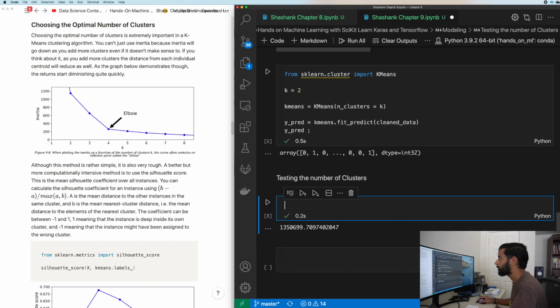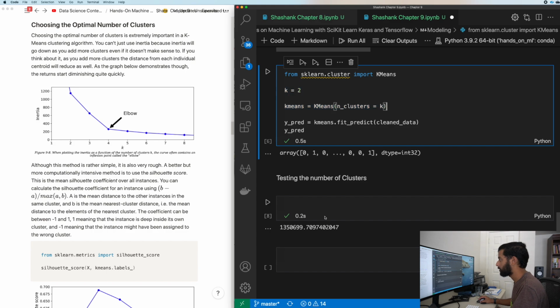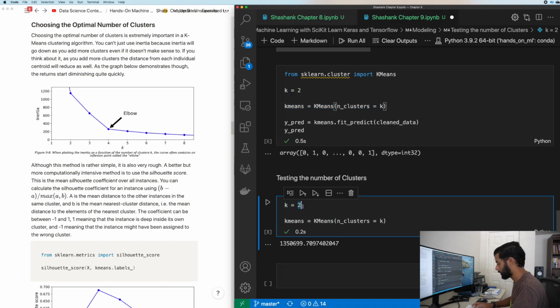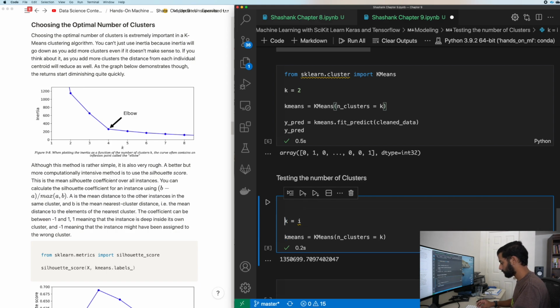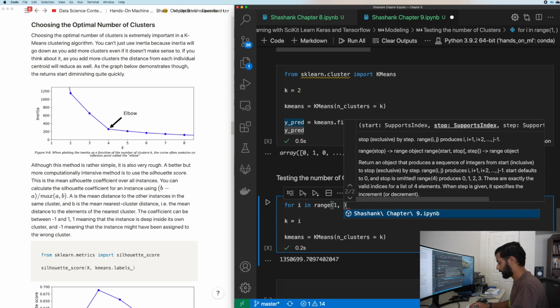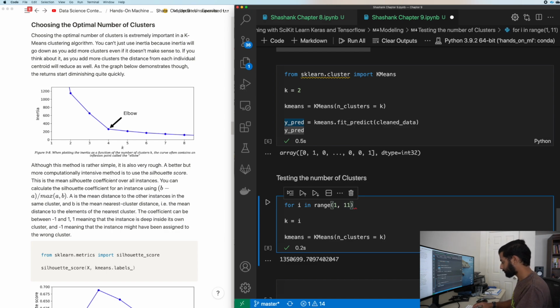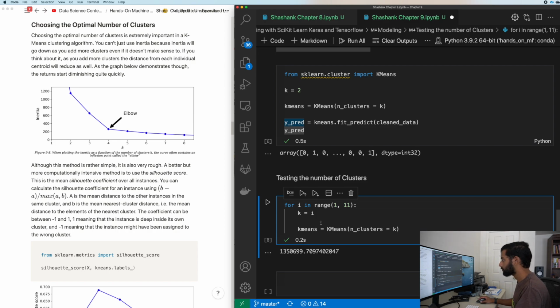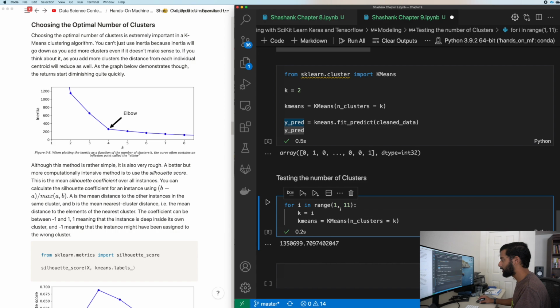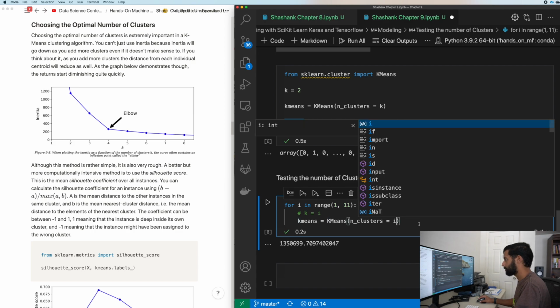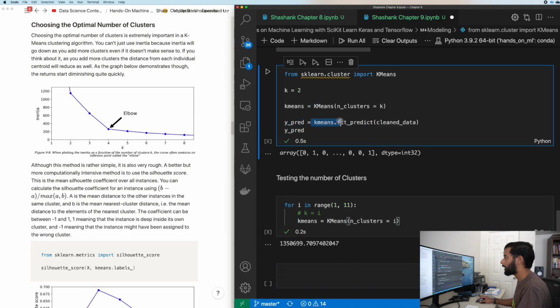Okay, so I think I can just copy this section over here. We'll say k equals i. So for i in range, let's go 1 to 11. By doing that, it's actually going to pick values 1 through 10. We just have an extra step over here, so let's remove that and set this equal to i. Then we're going to do kmeans.fit.